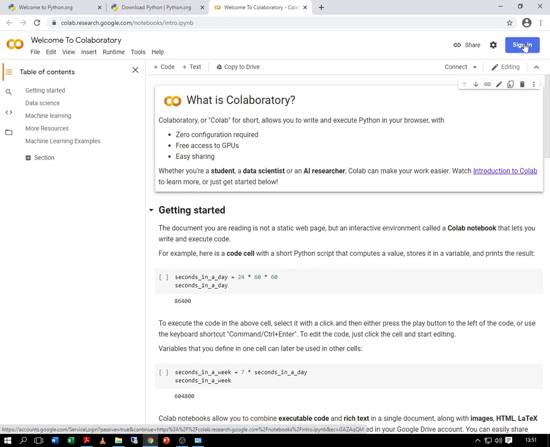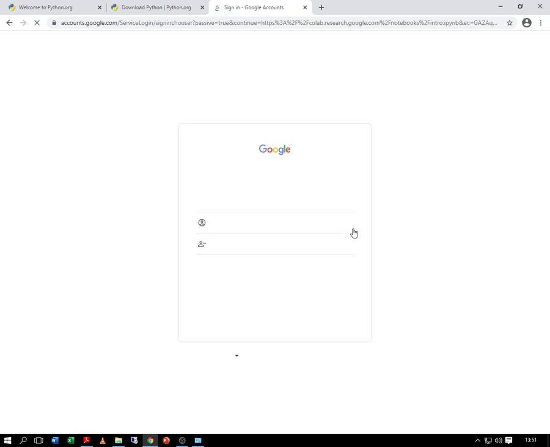Now if you want to do some practicals, you need to sign in. This is Colaboratory provided by Google, where you can execute your Python practicals. You need to sign in using your Gmail ID. So let me sign in first.